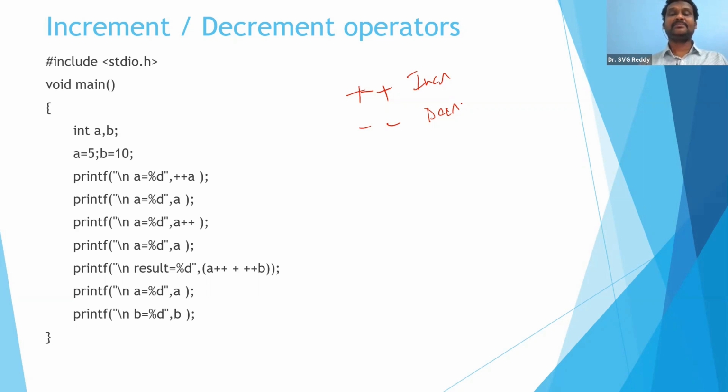But the main thing is we have post increment and pre increment, and post decrement and pre decrement. That is somewhat where we need to be cautious. See here, for example, if the operator is before the variable, plus plus a, this is called pre, the operator is before the variable. That's why it is called pre increment. And the third, a plus plus, where the operator is after the variable, is called post increment.